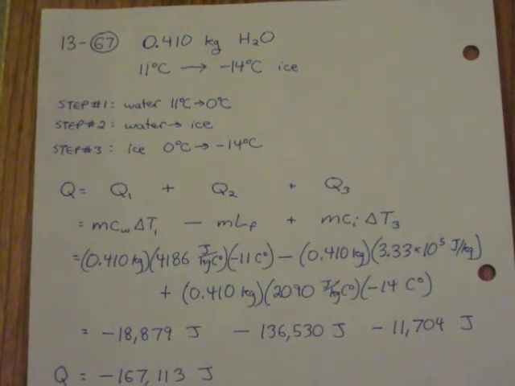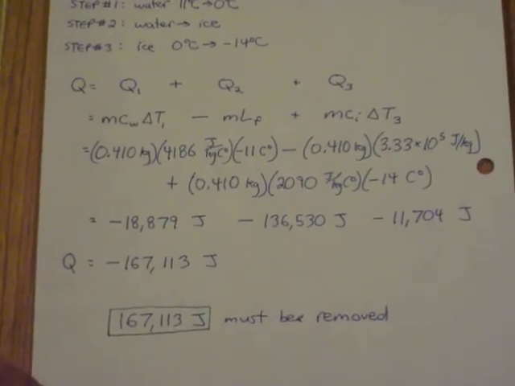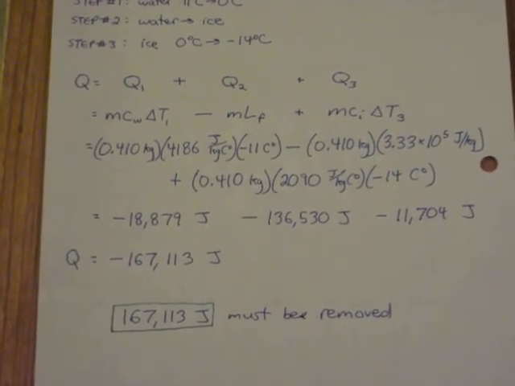You can see at the bottom of the screen, I've divided it up into the heat amounts for the 3 parts. So part 1, part 2, and part 3. You can also see that by far most of the heat removed was in step 2, which is turning it from liquid to solid. That's not always universally going to be the case. That wasn't the case for number 65, the previous problem. Part of that was due to the fact that it was such a massive change in temperature that we had to do. But in this problem,